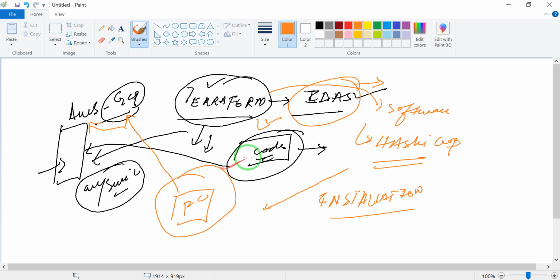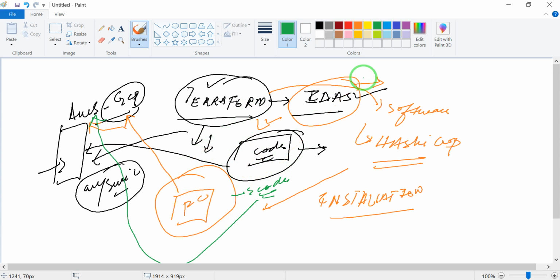I will explain the installation, then I will write code on my PC and push it to my AWS account to provision an instance. I hope it will be useful to you as well.